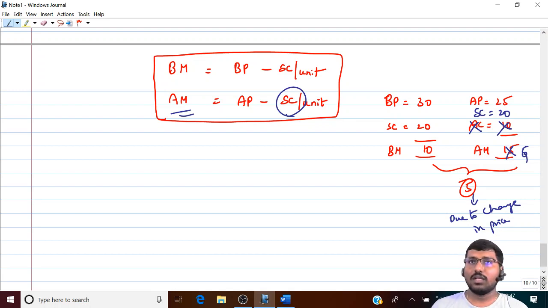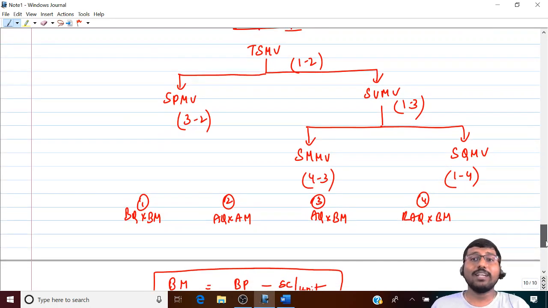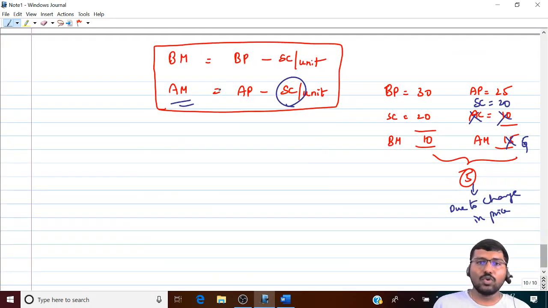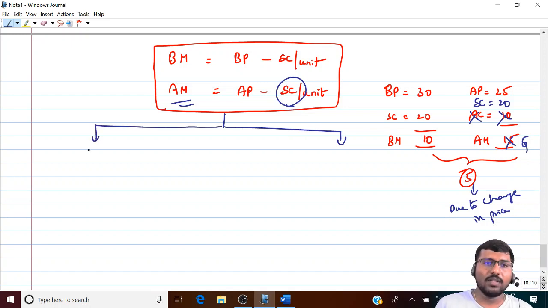Done with the logics? Yes? Alright. At the beginning of the chapter, I already told you that the sales margin approach is further classified into the marginal costing system and the absorption costing system. Did I tell you that? Here I gave you the formulas for the margin approach, but I did not tell you which approach it is. So I will again classify it into two approaches: marginal costing system and absorption costing system. Correct? What is the basic difference?